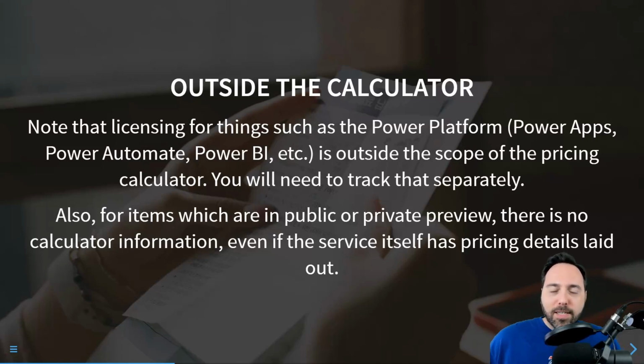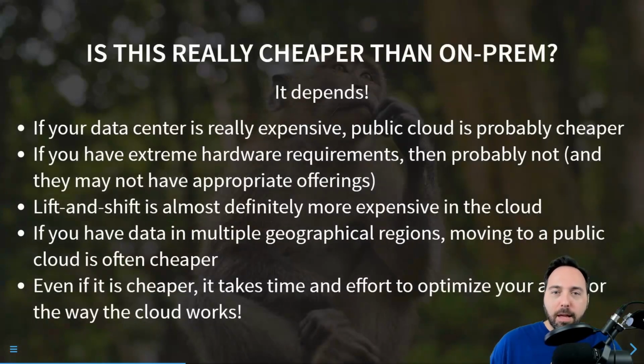Let's say when Azure Synapse Analytics was public preview and becoming GA, they had a blog post that indicated this is how much it's going to cost for different things. And you could look at the sales page for Azure Synapse Analytics and see, here's the pricing. But if you went to the pricing calculator, Synapse would not be there. It's not until it goes GA that it's actually in the pricing calculator. So that's another thing to keep in mind as you're planning out how much things will cost.